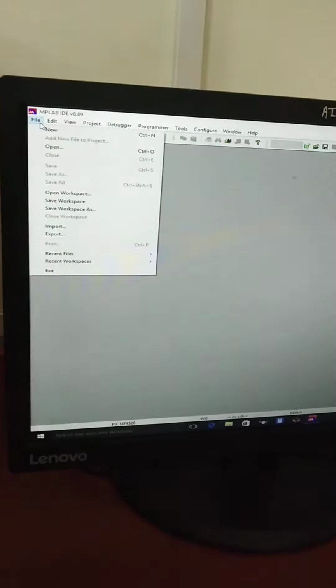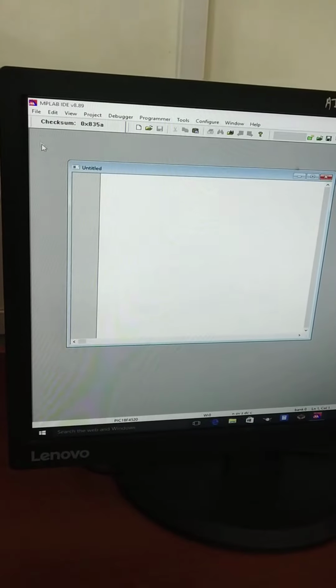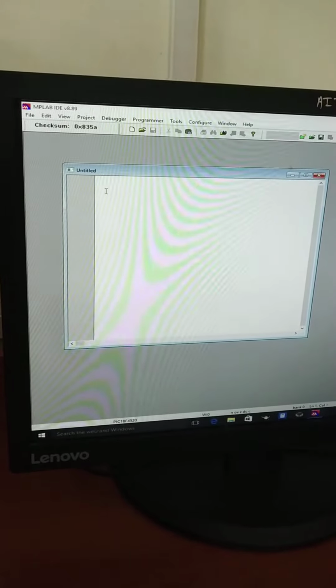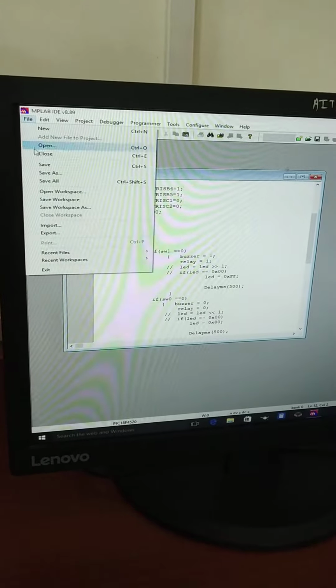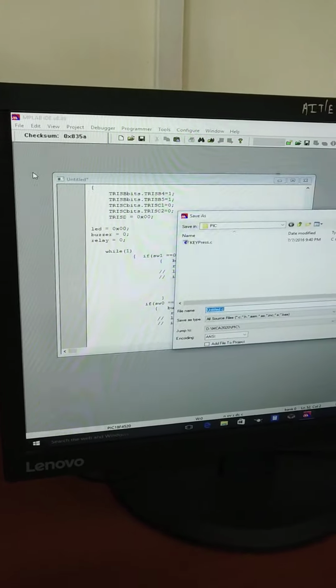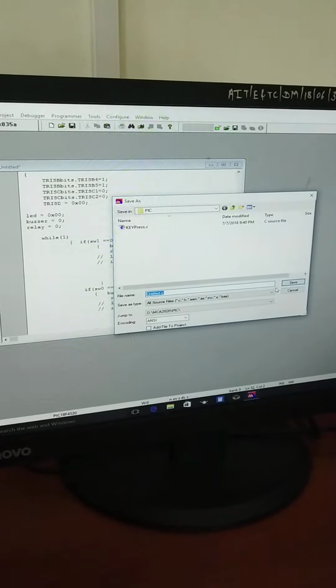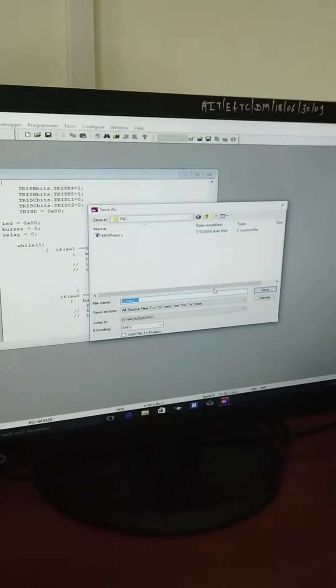Now how are we going to start? First you write your .c code. You just go to file, say new, and write your code. So we'll just write down the code and save that file. You just go and say save. Now in the save, you give a particular name. Now this program is of relay,